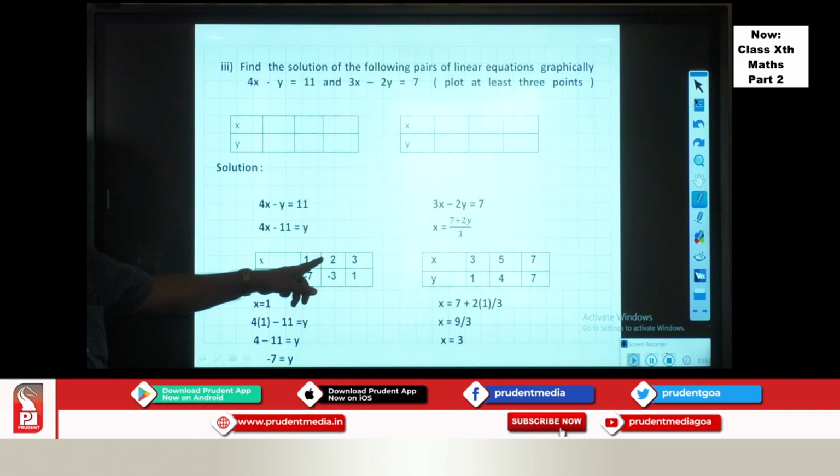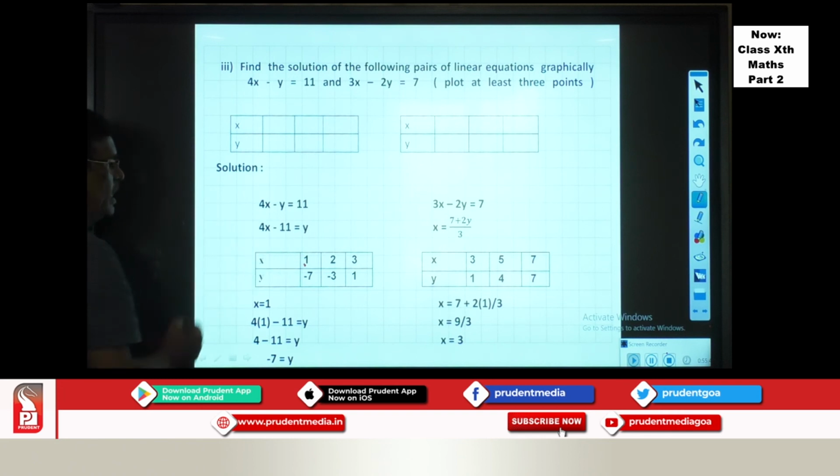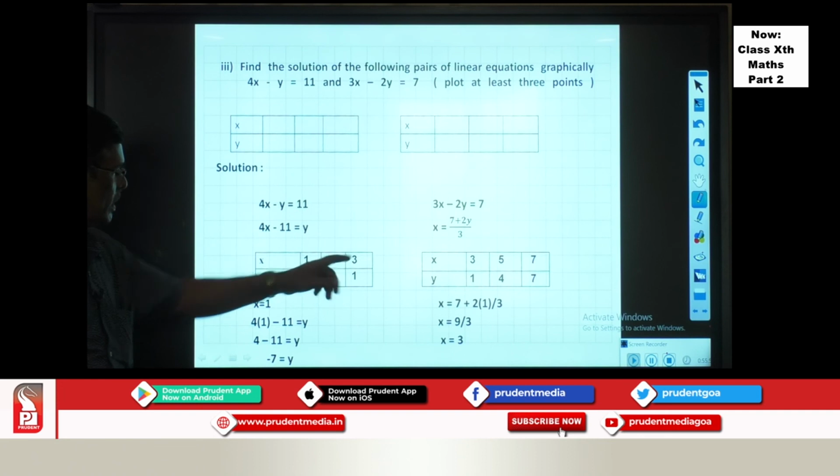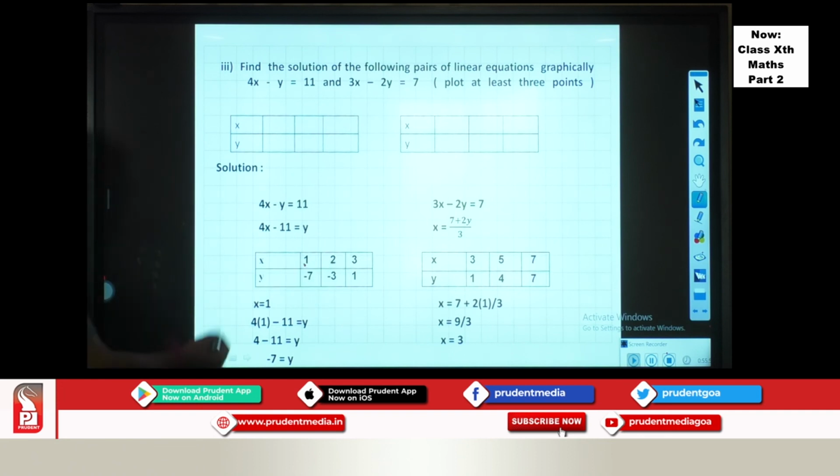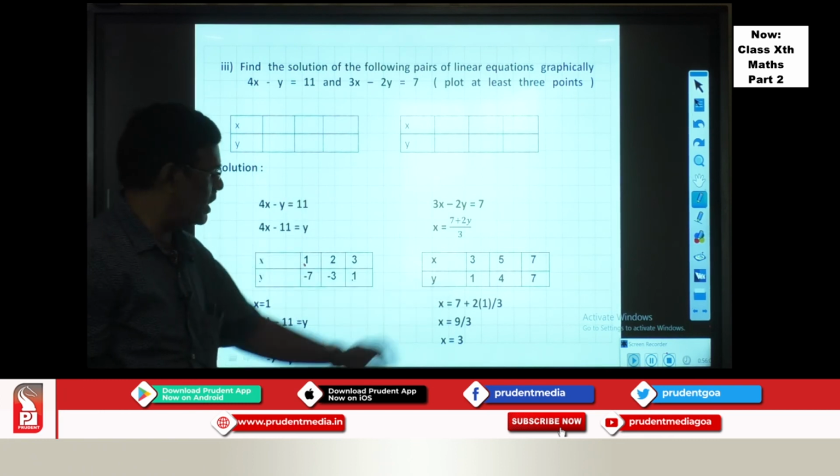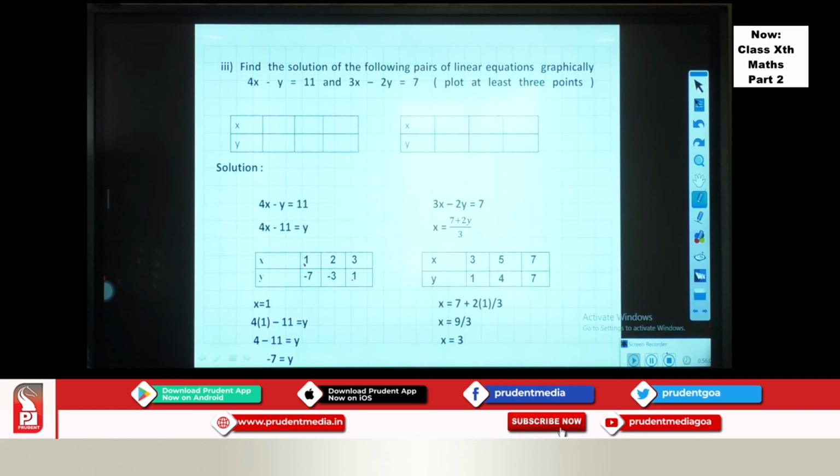So accordingly you have to now substitute the value. In the second part, I have taken the value of x is 2. Now what I get, 4 2s are 8, 8 minus 11 is minus 3. So I get minus 3. In the third case, I have taken the value of x is 3. So now what I will get, 4 3s are 12, and 12 minus 11 is 1. So I got the value of y is 1 here. Here also I have shown one calculation for the first one.